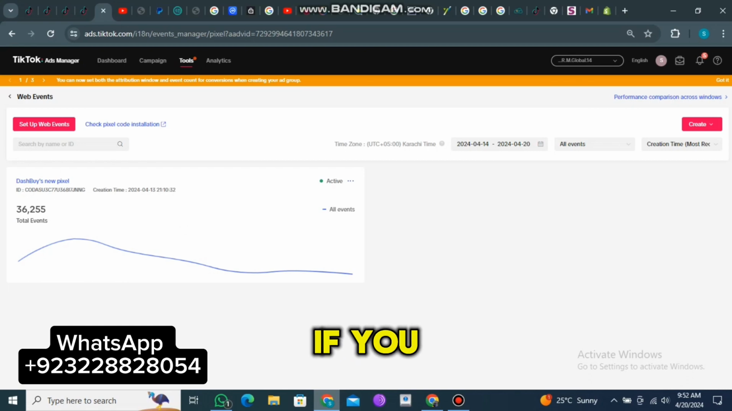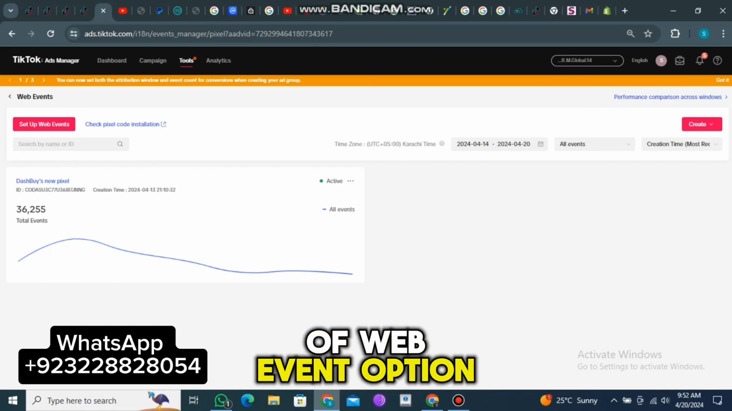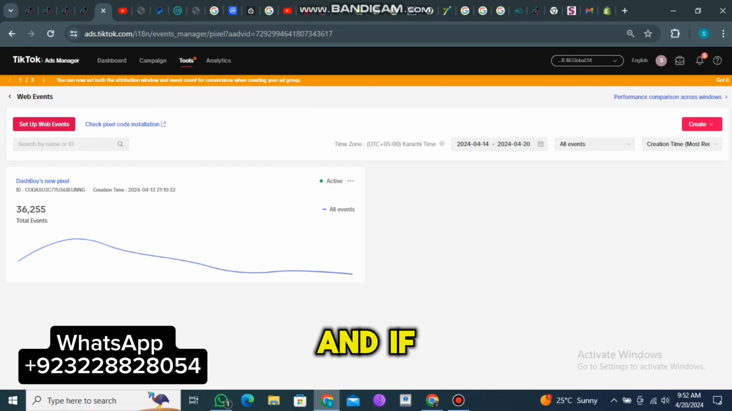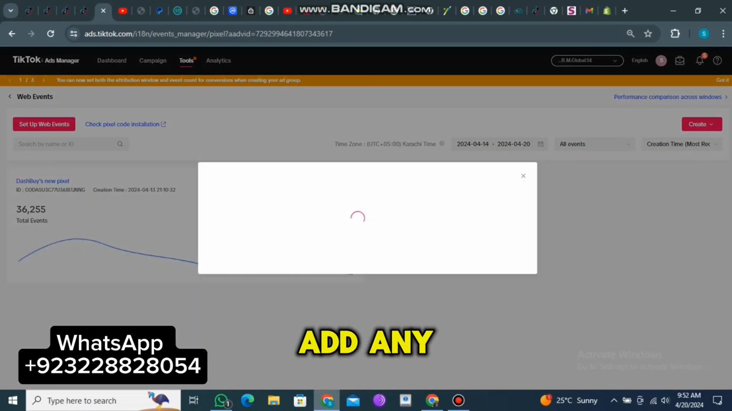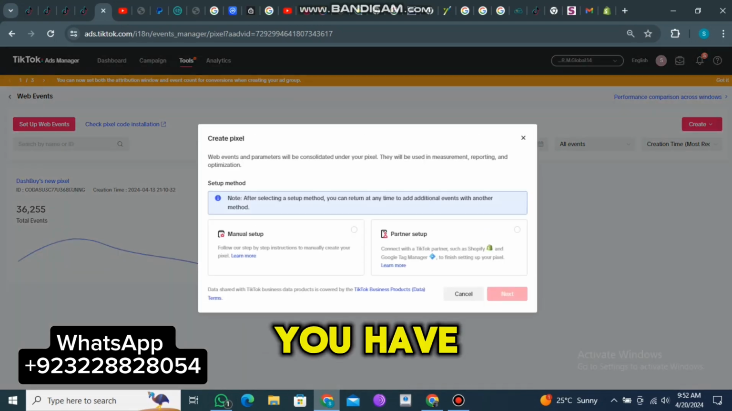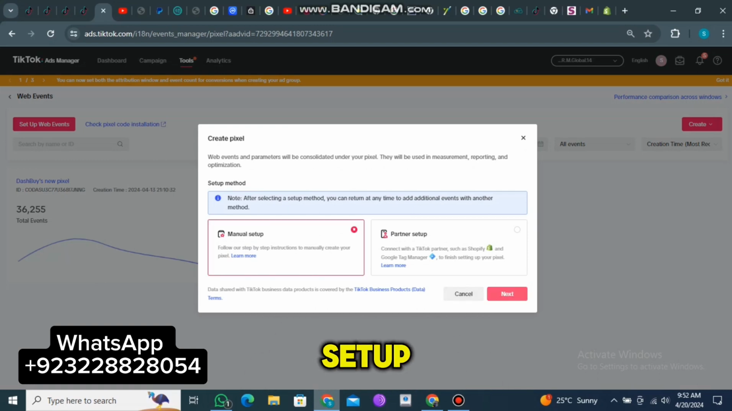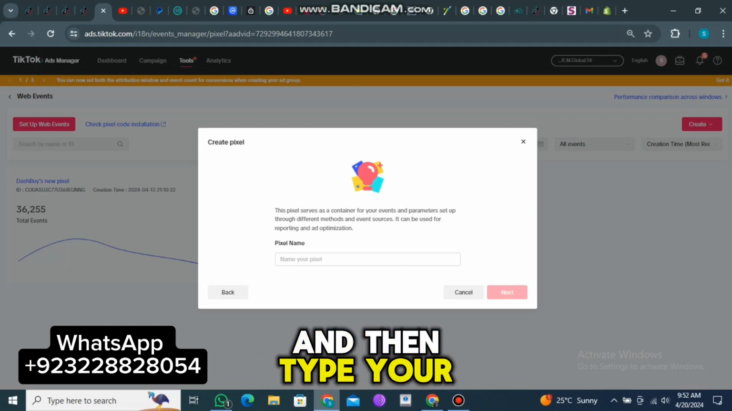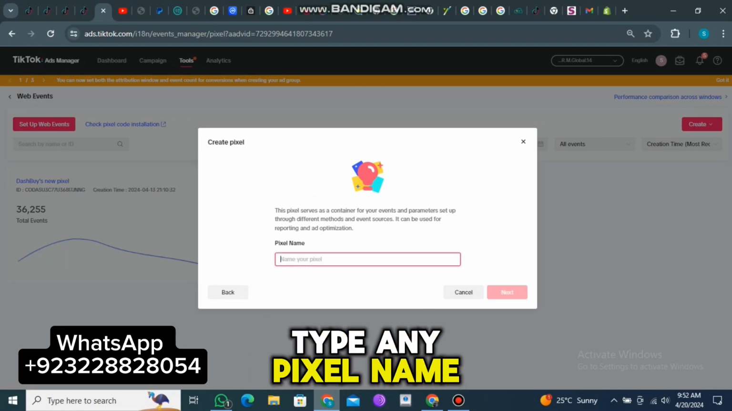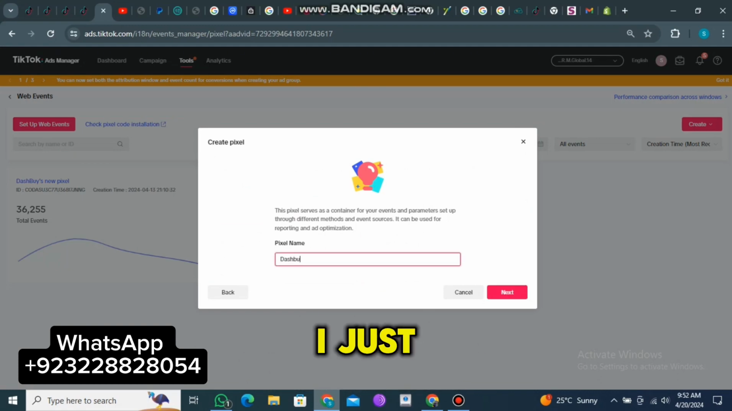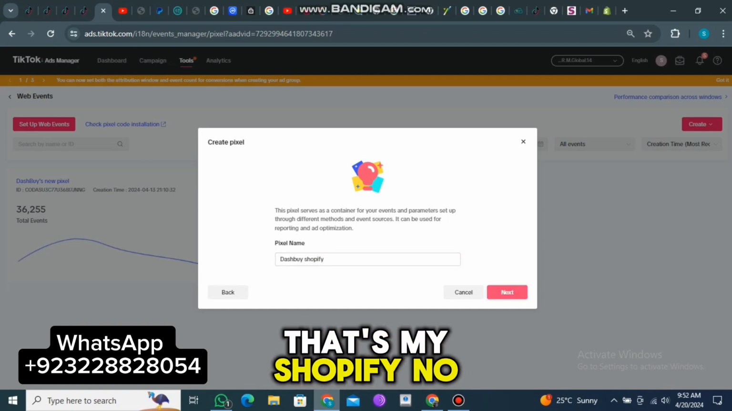If you haven't set up any pixels before, you will see the set up web events option in the center of the page, and if you added a pixel before, you will find it in the corner. Just click on it and click on manual setup. Then type your pixel name. Type any pixel name that you want. I just typed dash by pixels. Okay, dash by Shopify. Now next,